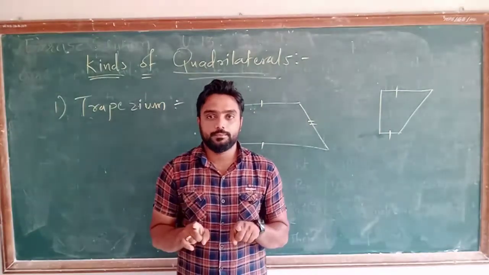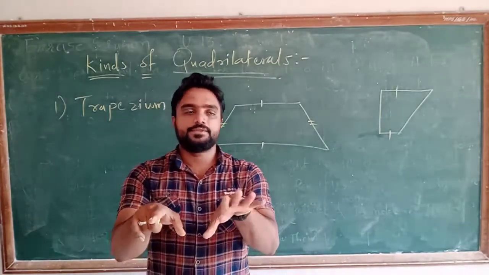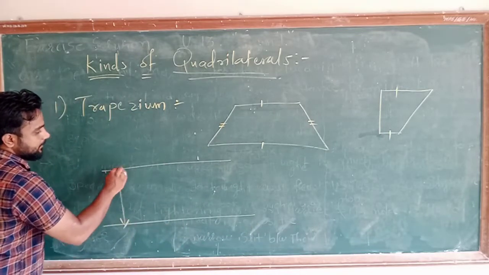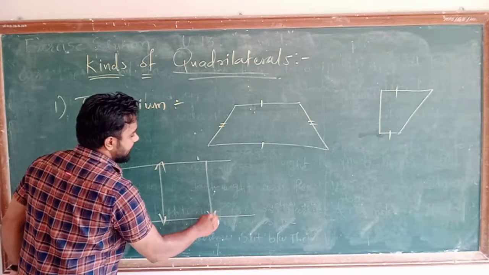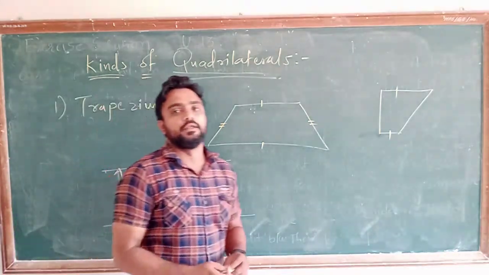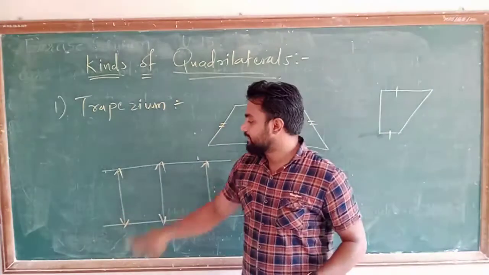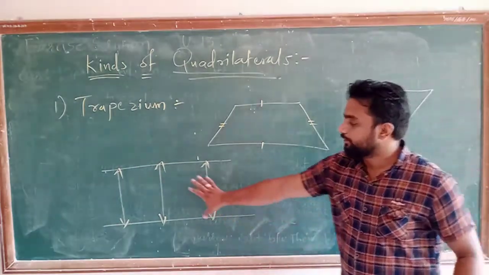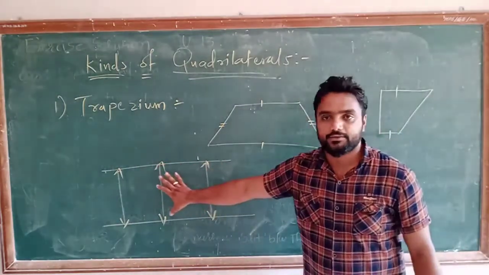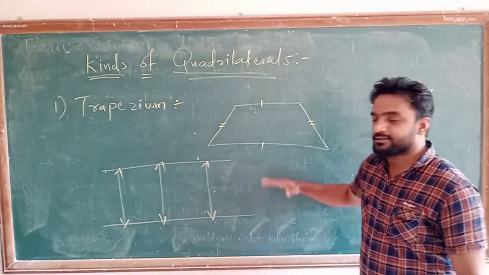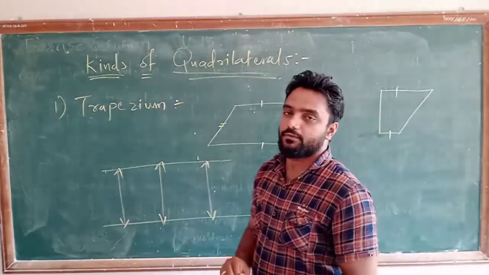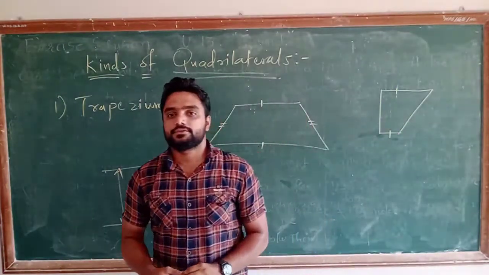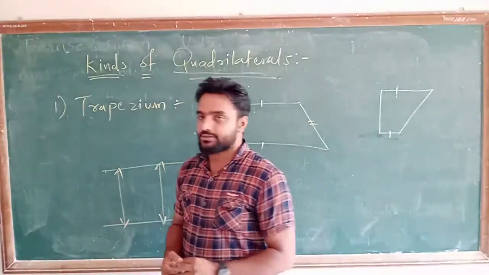Understand or not? And the distance between the two, wherever you take it, suppose I am taking this much, this distance as well as this one as well as this one, the distance between two parallel sides always remains the same. Here it is 1 centimeter or 10 centimeters, this is also 10 centimeters and this is also 10 centimeters, just like a railway track. They will always stay at an equal distance from each other. Understand or not? So this is called parallel. In this figure, this line and this line are both parallel to each other, so you can also consider it a trapezium. Understand or not?